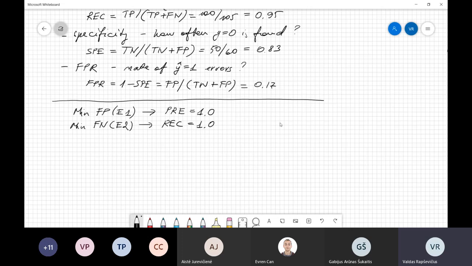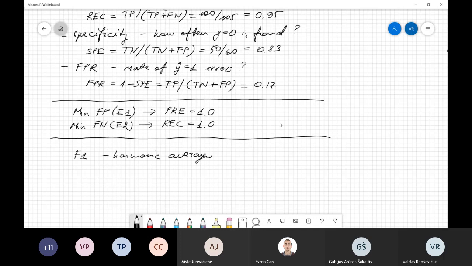right? And for this sake, we have an additional metric which takes into consideration both precision and recall. This metric is commonly known as the F metric, or let's call it F1, right? And this is a harmonic average of precision and recall,